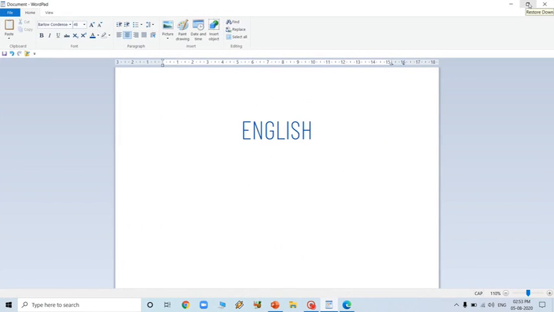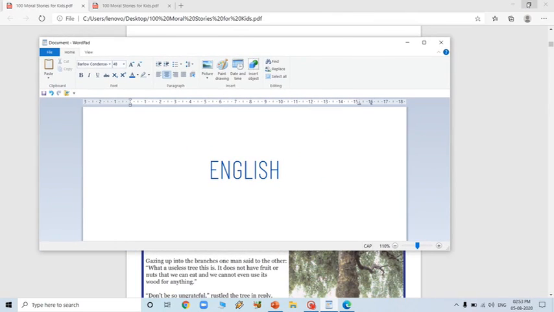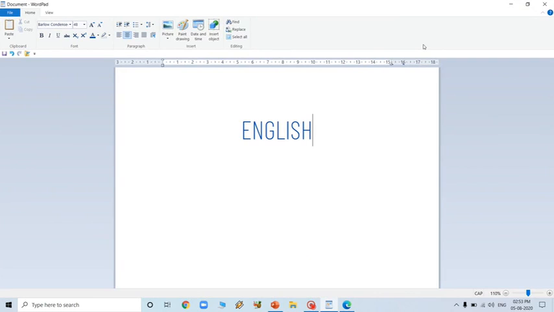Once again press it if you want half the size. Once again press here, it will maximize. If you don't want to keep this file here, you can press this cross button and it will close. Understood? So this is all about WordPad.